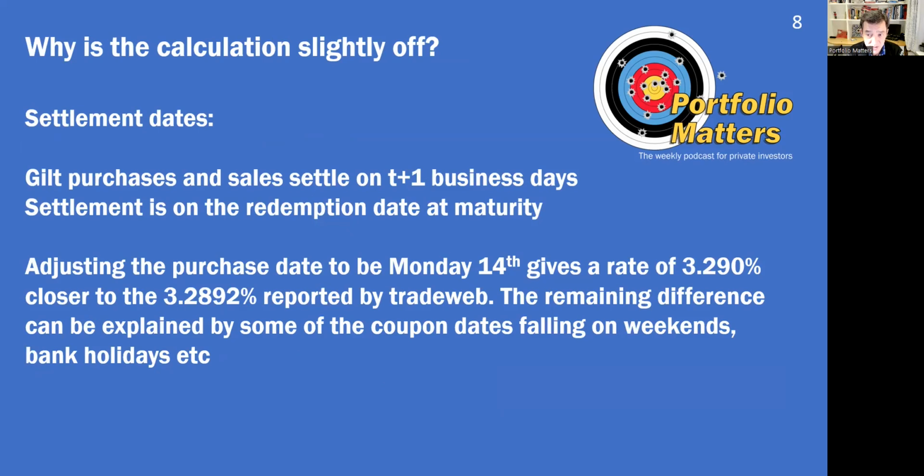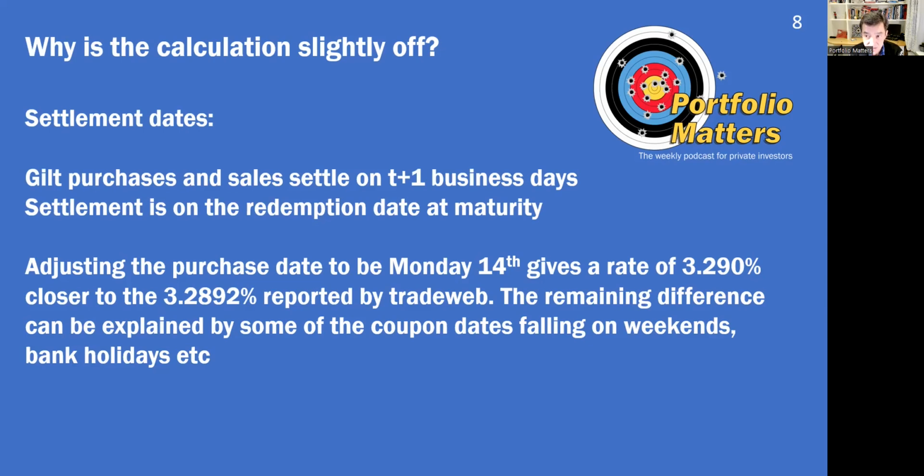And if you buy it on Friday, that means it won't settle until the following Monday. Or if you buy it on a Friday and there's a bank holiday, it won't settle until the Tuesday, etc. And that means that the date to maturity may be slightly off. And in this case, because we bought it on a Friday, if we adjust the purchase date to Monday the